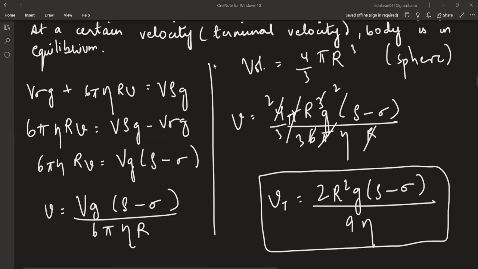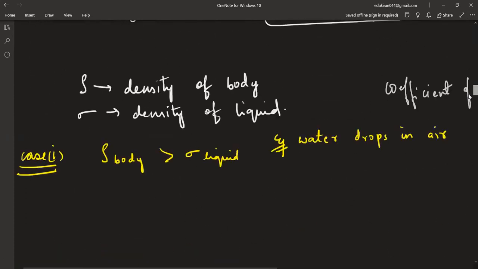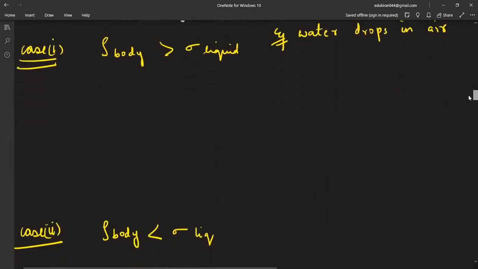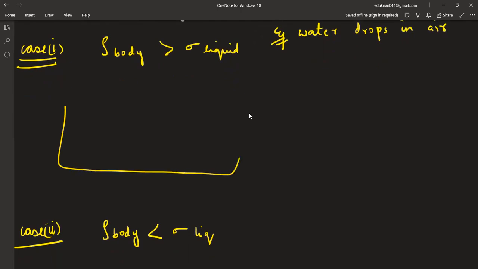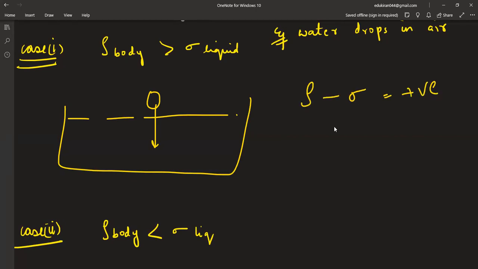Yes, so in the last class we have derived terminal velocity: 2 capital R square g (rho minus sigma) by 9 eta, where eta is the coefficient of viscosity. Now, depending upon the density of the body and the liquid, we have to determine whether the body will sink or float. So see, when rho minus sigma is positive,